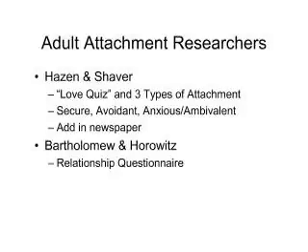And this had the three types of attachment, which are secure, avoidant, and instead of ambivalent, they added anxious ambivalent. Now, Ainsworth didn't officially necessarily recognize anxious ambivalent, but other researchers did, and it kind of depends, because in her later writings she did call it anxious ambivalent. So the stages that Hazan and Shaver chose to use were the exact same stages that Ainsworth used. Bartholomew and Horowitz took it one step further and developed what they considered a relationship questionnaire, and they